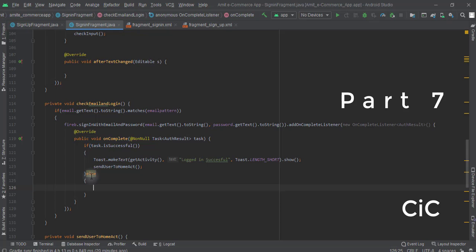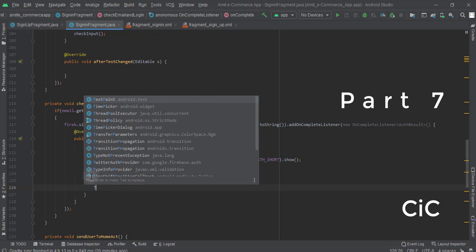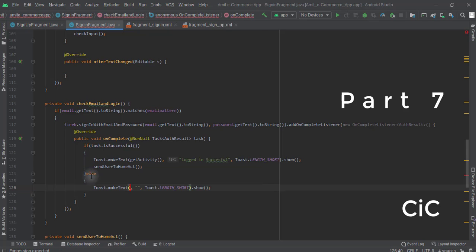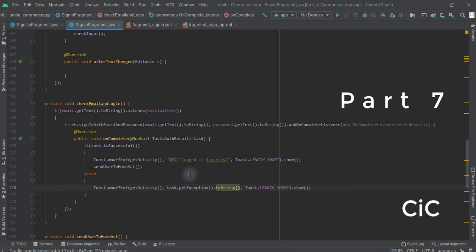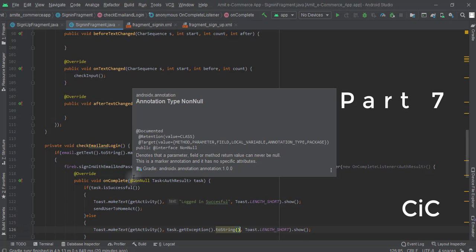In the else part, we will show a toast message that you have committed an error. So get activity, and we will pass the error here: task dot get exception dot to string. I think we have completed most of this part of our app.